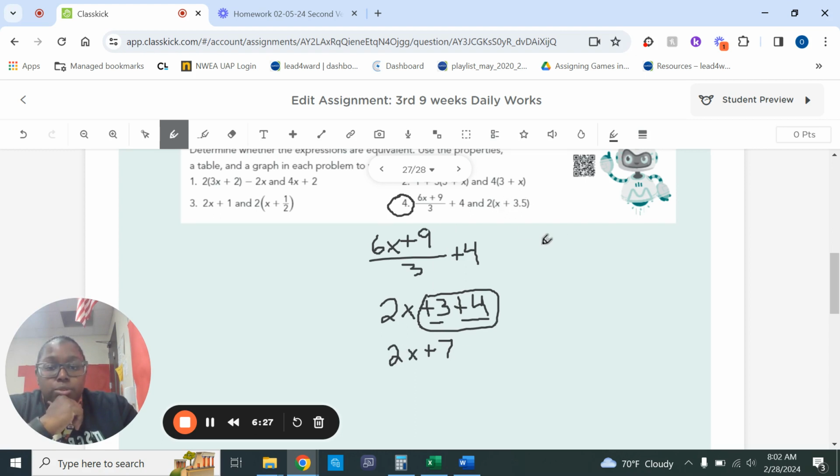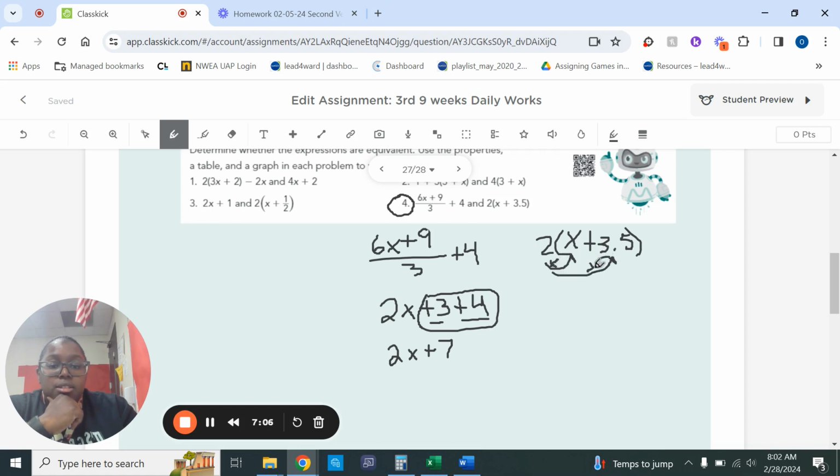Now, let's look at this one. For this one, I can also use order of operations because I have multiplication here and addition here. The only problem is I can't add a variable with a number that doesn't have a variable. So I have to work on something else. So I can't add these two together, but I can still multiply because I can multiply with variables or multiply numbers and variables. So I would multiply this times this